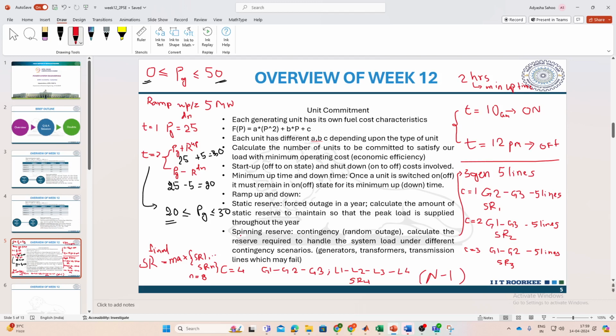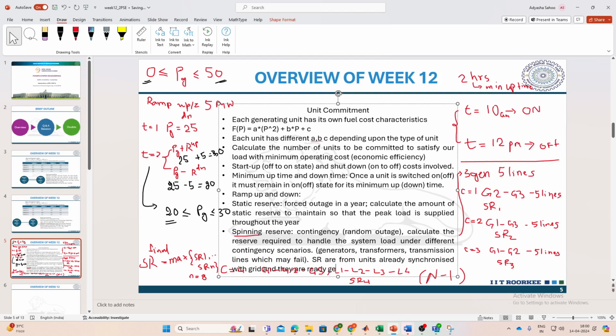So spinning reserve is a special type. The word spinning here indicates that this spinning reserve is basically from the generators which are already synchronized with the grid, from units already spinning, that we say basically synchronized with the grid, and they are ready to generate,